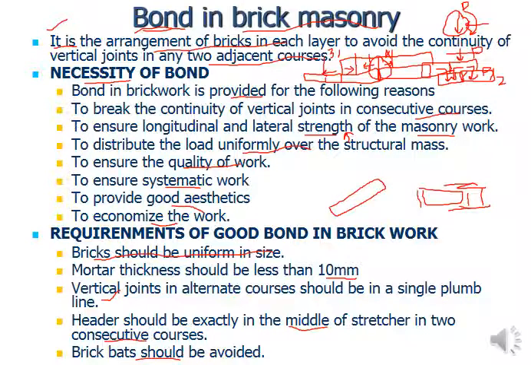If you are providing it lengthwise, the queen closer can be inserted inside the wall, that will be 9.5 inch. But for the brick bats, you are providing 4.5 on one side and 4.5 on the other side. I mean both sides will be 4.5 bats, you are cutting the brick across, or along the header. Okay, so like this. 4.5 on this side and 4.5 on this side. So it's a square type, a cube type part or component you are taking out of the brick.